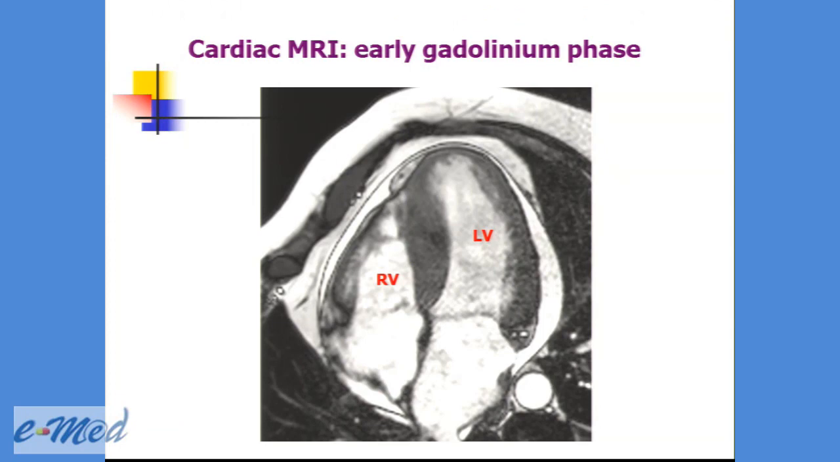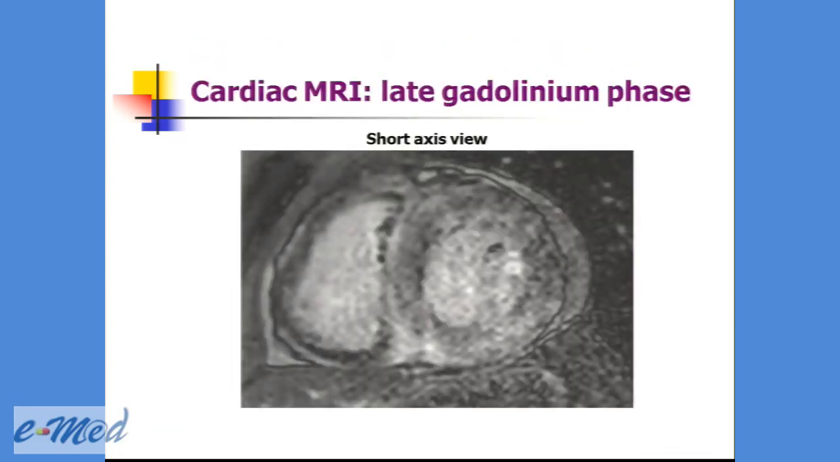This is the initial phase after we administer gadolinium. You can see that the gadolinium, the white, is filling the heart chambers, and you can see the muscle that is thick but is not enhanced. This is usually what happens, but when we look at the late gadolinium phase,